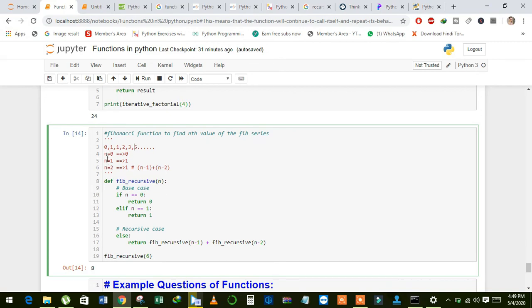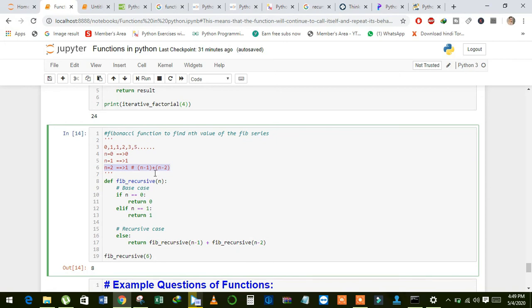And see here, we have the base case. If n is equal to 0, then the value is 0, and if n is equal to 1, then the value is equal to 1. And also we can write the base case for 2.